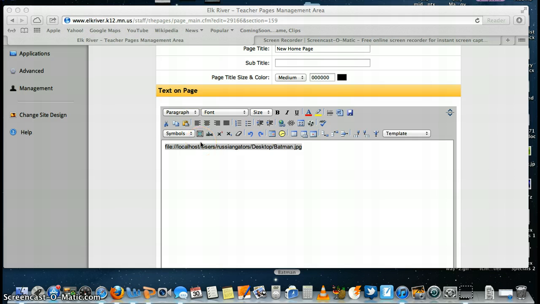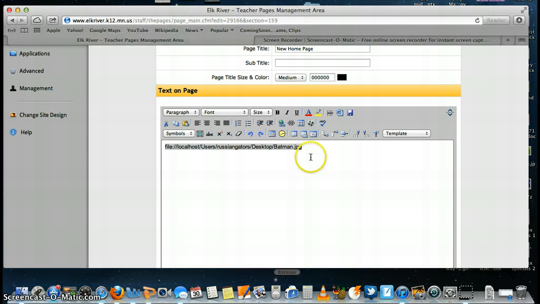So what we need to do is show you the other way to add pictures onto your website in case you cannot drag and drop. So what we want to do is find this little icon right here in the middle of our toolbars. Notice how when I hover over it, it says Insert Image from Gallery. Well, I'm going to bring up my gallery, so let me do that. I'm going to click on it,